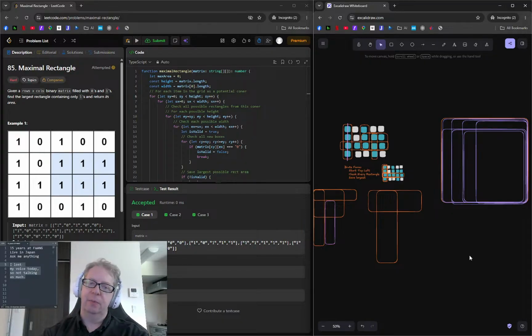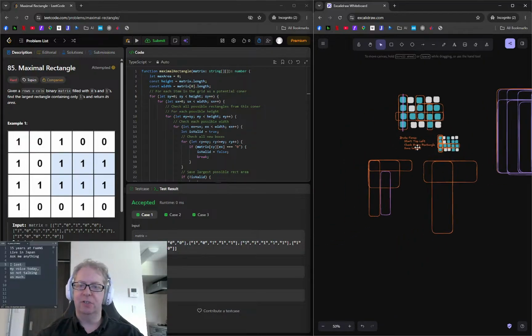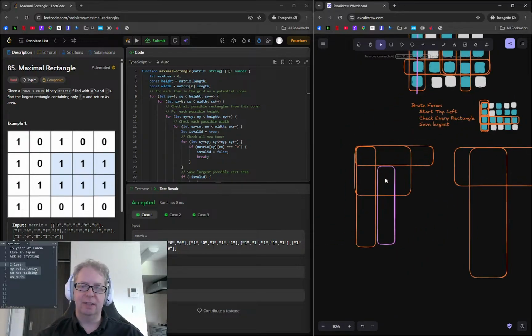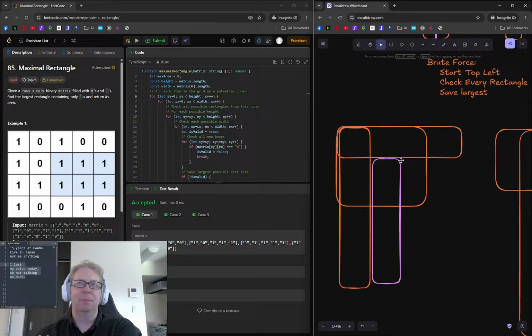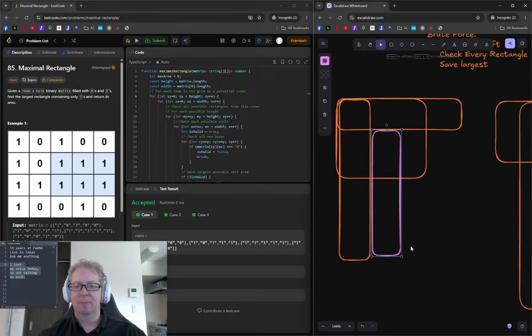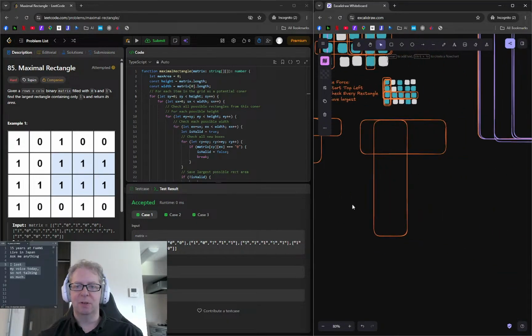Is there a way that we can avoid that? The thing we can't do is just say that, well, we already checked this square, so it doesn't need to be checked, because I don't know if this is obvious what's going on here, but